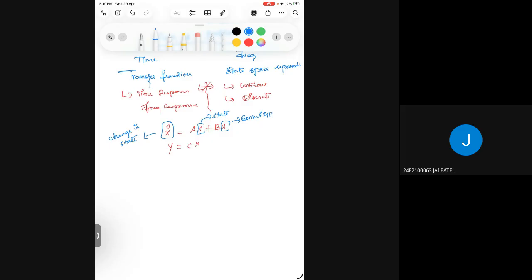and this U is the control input, whereas this A represents the state transition matrix and B represents the control input matrix. And here C is the output matrix. Again, X is a state, the same state that we used in both. So this state space representation tells us the relation between your state, your input, and your output